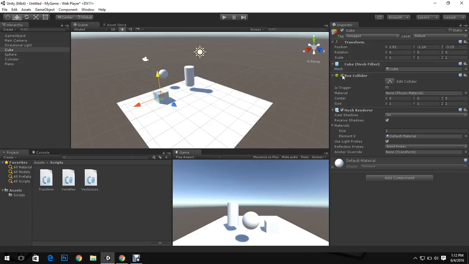Okay, we'll talk about colliders later on, and this mesh renderer is actually the component which renders this cube and you're able to see it. Okay, so this mesh renderer is that component which makes it visible to your eye. Okay, so that's how simple